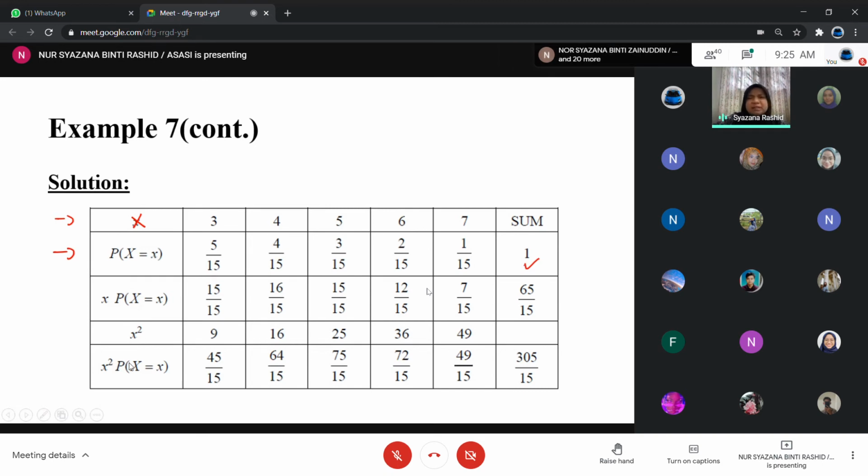Same procedure like the previous example. X times P, multiply this 2. 3 times 5/15. 4 times 4/15. You do it for all, and then you take the summation. So you have got mu. This is your mu. Right? Mu can be obtained directly from the table. So the answer for the mean is